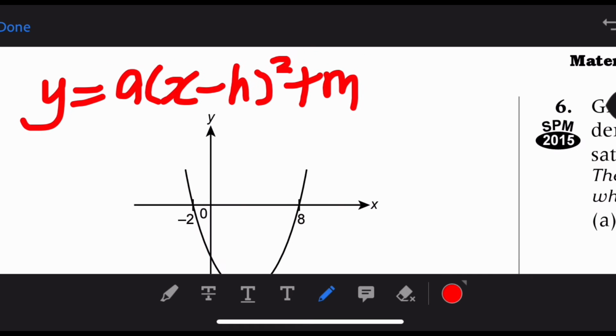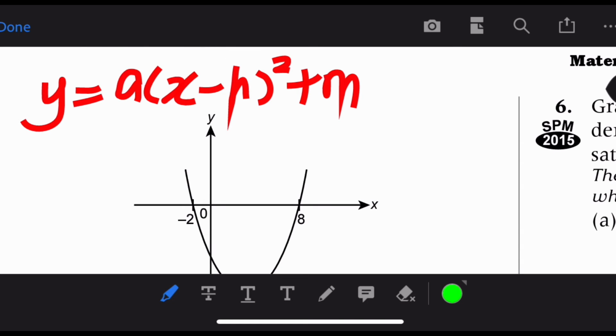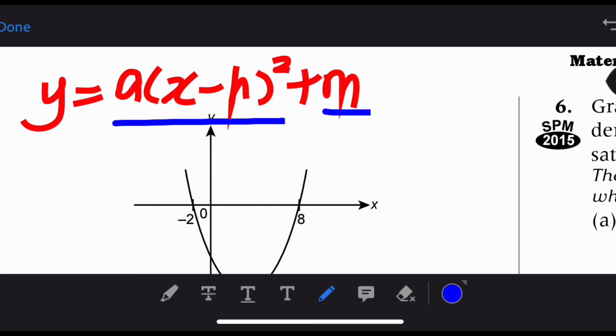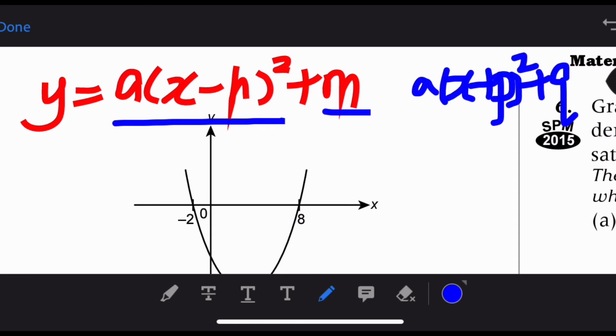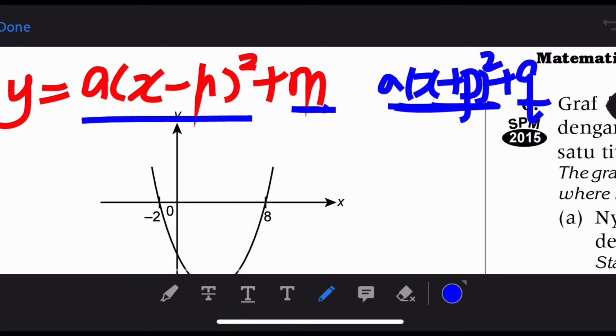So the moment I see the equation, how do I know it's in vertex form? I can see that it's a perfect square, right? Can you see that? It follows the general, standard pattern: a perfect square with a constant here. So normally when you see this vertex form, you can write the turning point by